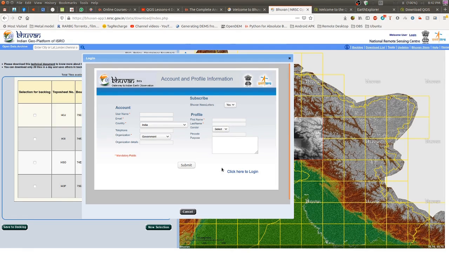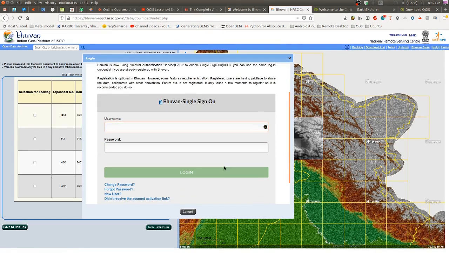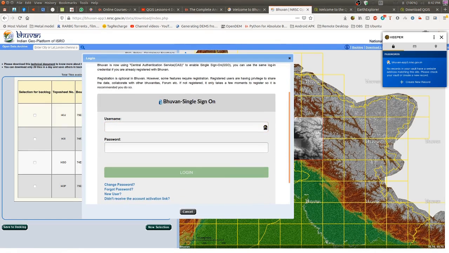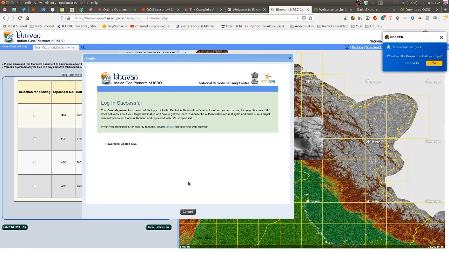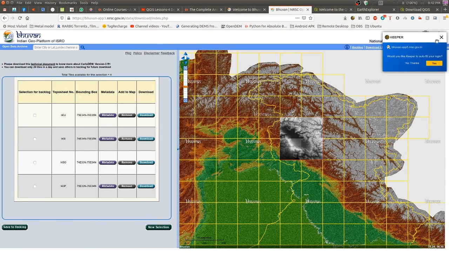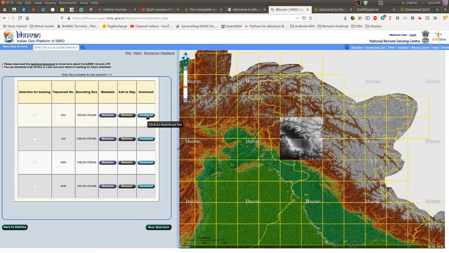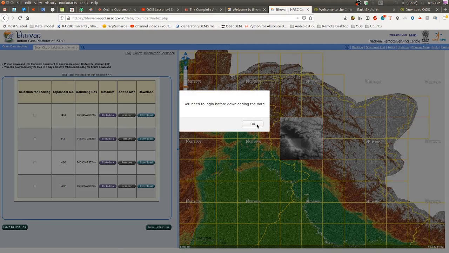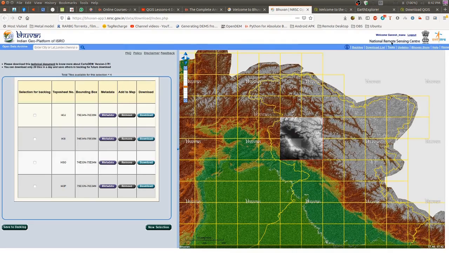So since I have already registered, I will go to login and click. So login successful. Let me close this window. Now click download. Now actually it's logged in.